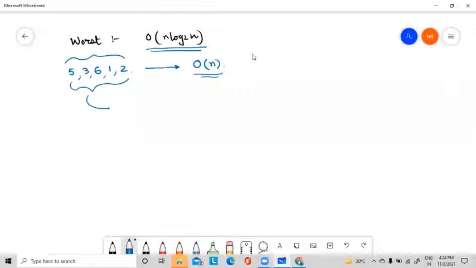And the answer is yes, there is one sorting which will easily perform it in order of n. But for that, we have to consider one auxiliary array. So again, it is one kind of external sorting because we require some external memory, and the external memory size will be of 10 elements. Remember this is fixed, of 10 elements.